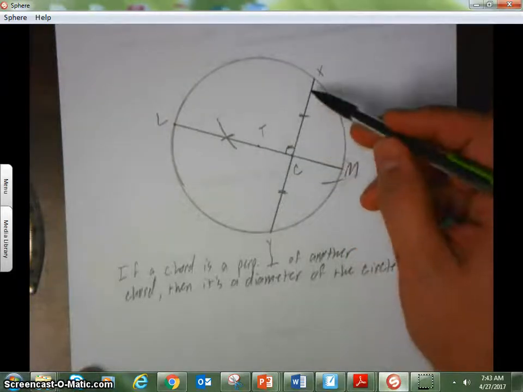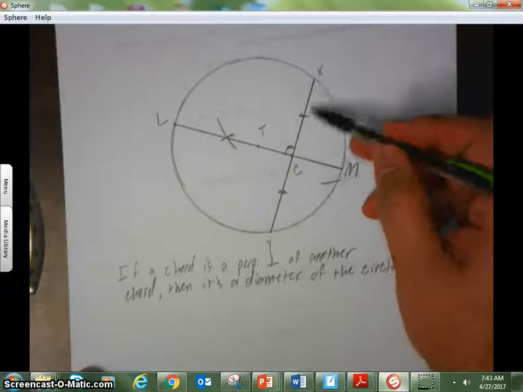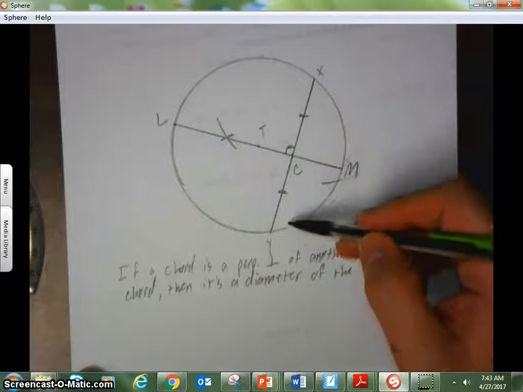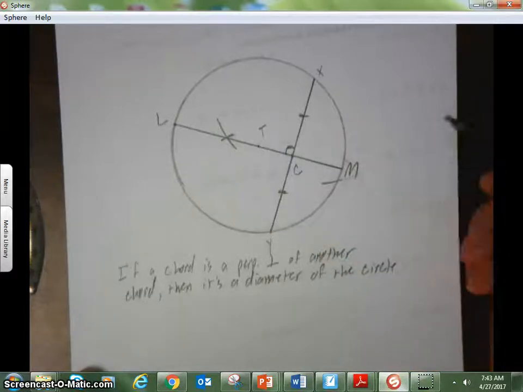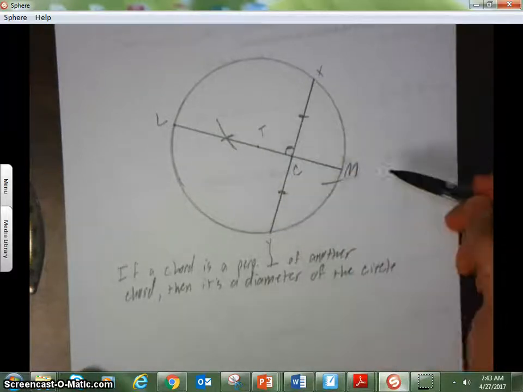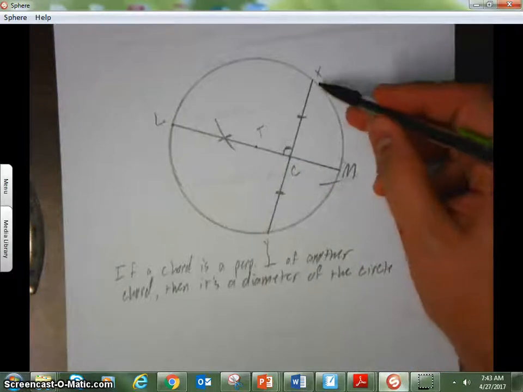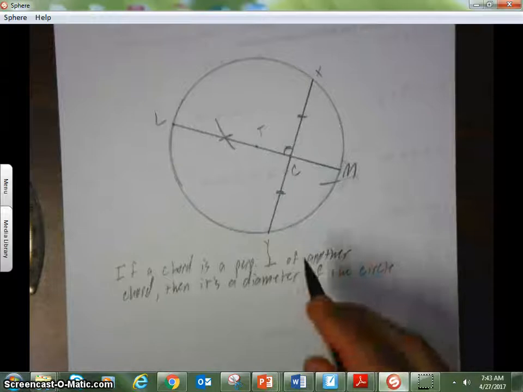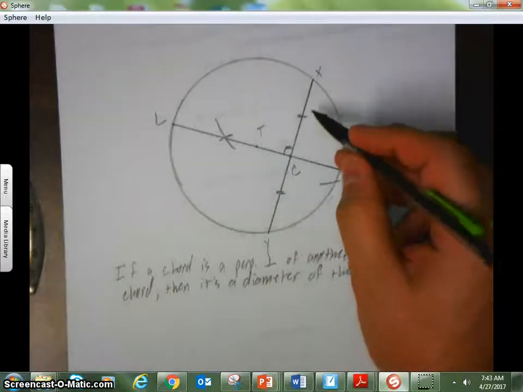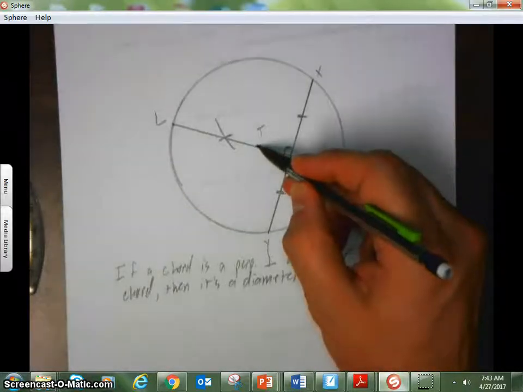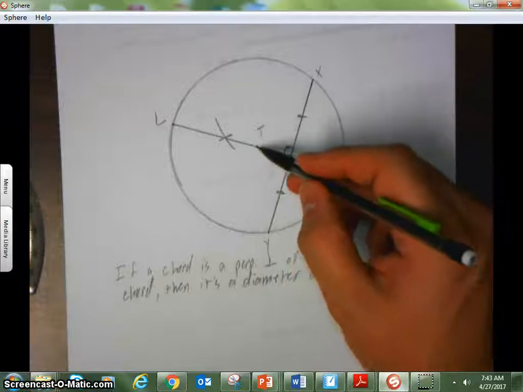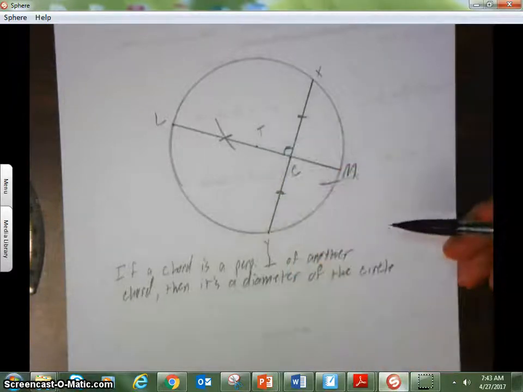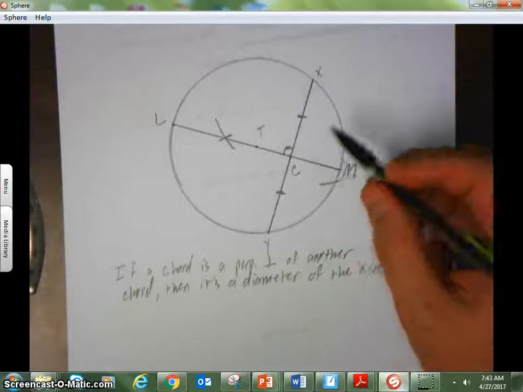the perpendicular bisector. So if we were looking at this as a proof, I would probably be given the information that XC and YC are congruent to each other, and we want to be able to show that this would be a diameter. But whatever the measurement here is, this arc XY, well, because I am bisecting this, so if I drew in the central angle from point T, so I would create central angle XTY. Well, whatever that angle is, because I'm bisecting the chord,